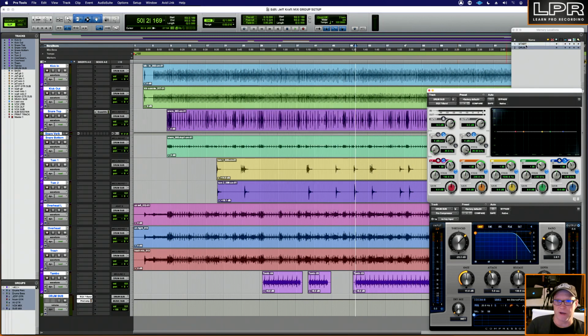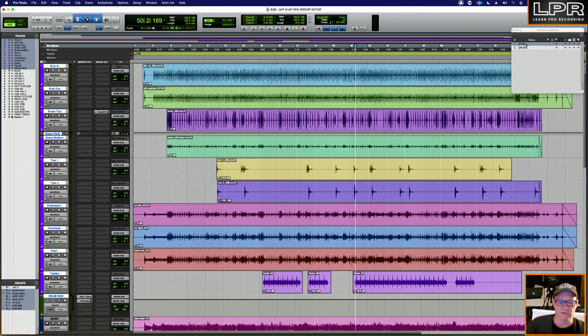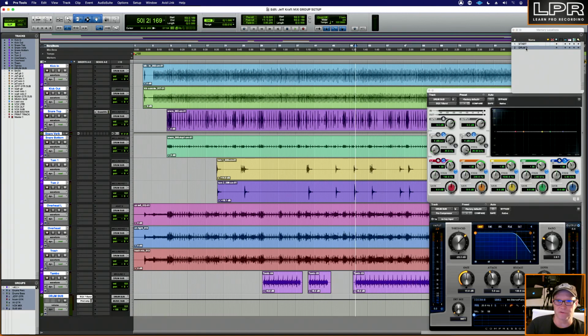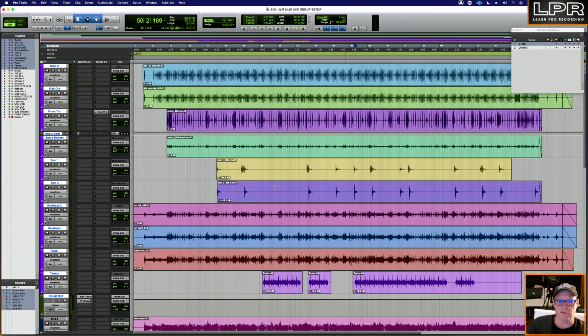So now I can go back to my start, and it's got the windows closed. When I go to my drums, those two windows open. So every time I go to this memory location, I've got these two plugins open that I go to all the time anyway. All right, so let's go back to the start,